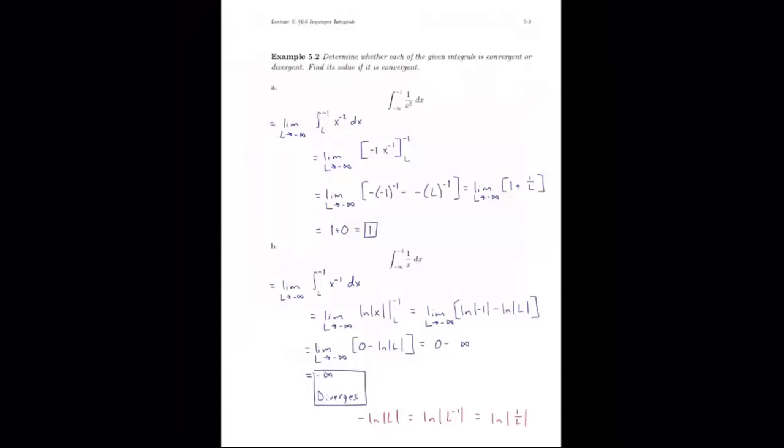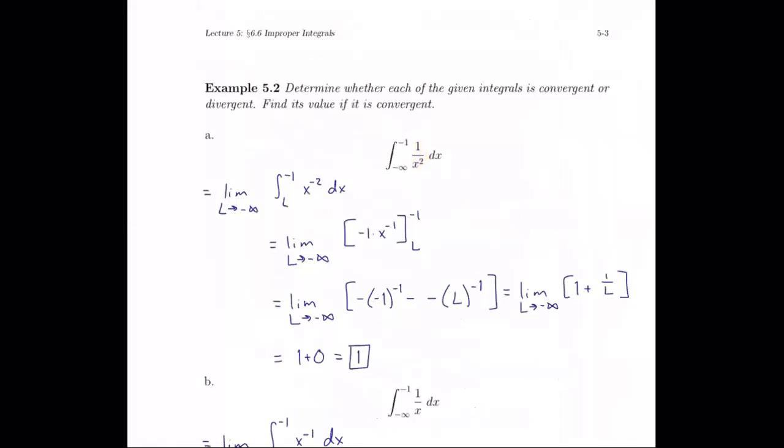Okay, so let's have a look at some examples to work. We're asked to determine whether or not each of the given integrals is convergent or divergent. So we've got the integral of 1 over x squared dx, and the limits of integration are from negative infinity to negative 1. So I'll rewrite 1 over x squared as x to the negative 2 when I rewrite my integrand,